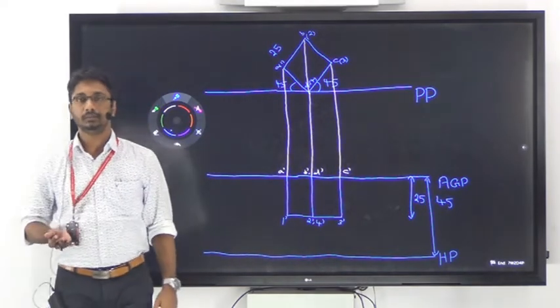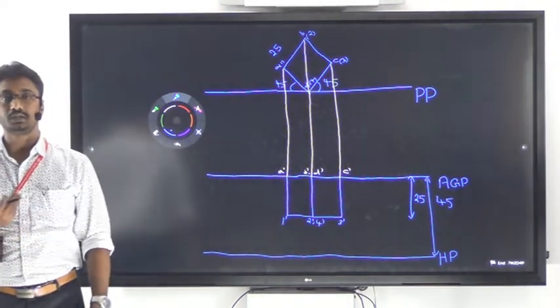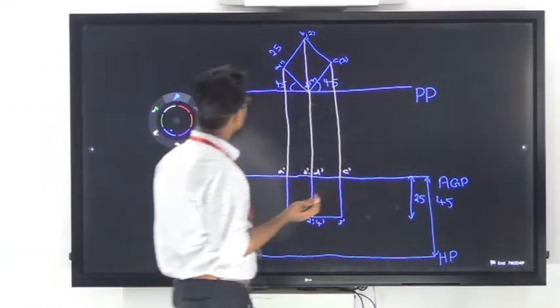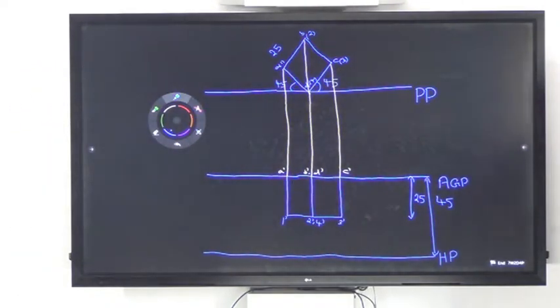Now you have to draw its perspective view. For that, first you have to mark the top view and front view of the station point. So it is given that the station point is 70 mm in front of the picture plane and lies in the center plane, which is 30 mm to the right side of the center of the cube. So the station point is 70 mm in front of the picture plane and at a distance of 30 mm to the right side of the center of the cube.